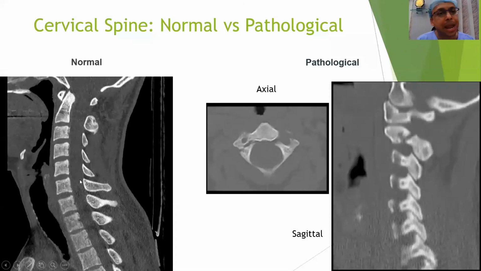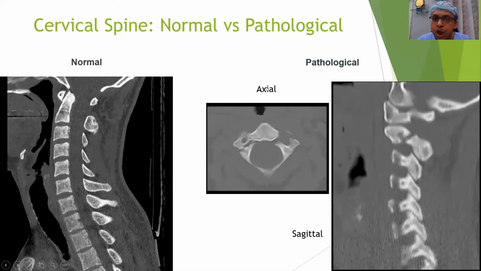If you do not apply dyes or contrast medium, this is a normal cervical spine. I mean, how different is it from a good digital X-ray, dynamic X-ray? A dynamic X-ray, probably 99% of the time, I am happy with that. I don't need a CT scan for this very reason, because it doesn't give me any extra added benefit in terms of my diagnosis, right? So for the purposes of this webinar, non-contrast dyes or unenhanced CT scans, normal versus pathological.